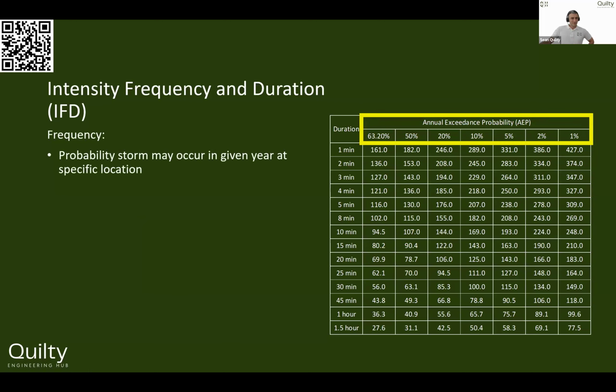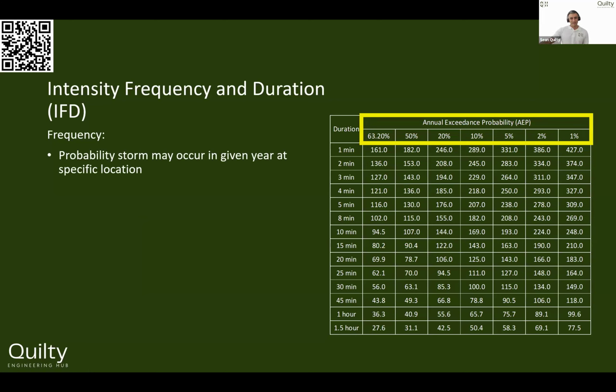But before you can obtain your rainfall intensity for a design storm, we need two things. I mentioned this earlier: we need to understand the storm frequency, and then we need to understand the duration. You need both of those things to be able to label a design storm, if you like. There's no point in saying it's a 1% AEP without giving that duration as well. Otherwise, it doesn't really mean much. It's only telling half the story.